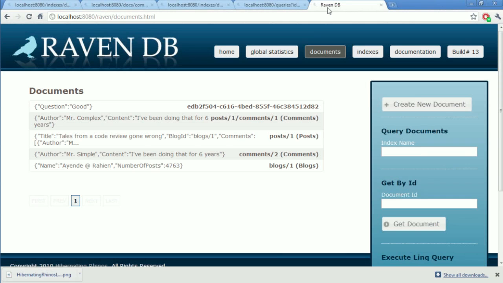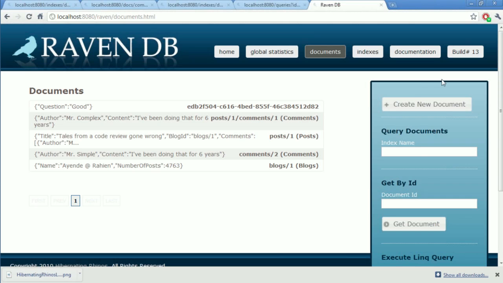All the document IDs are strings. The client API can handle it if you want to use an int identifier, a long identifier, or a GUID identifier, but internally the document IDs are actually strings.